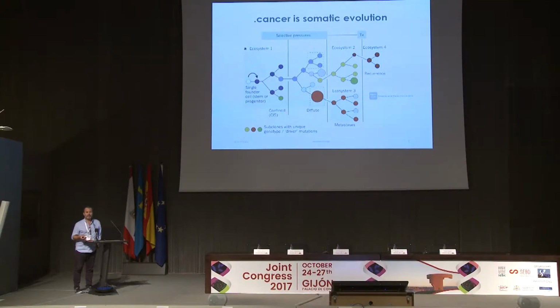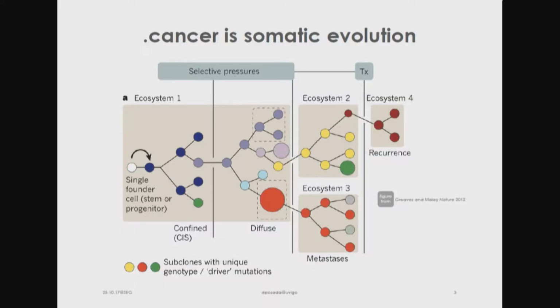So basically, what happens now is a process of evolution. The paradigm so far in cancer is that this is a process of Darwinian evolution. We have like a blue clone. Suddenly there are new mutations that might change to a slightly lighter clone, a green clone, and then we have selective pressures at some point. Okay?